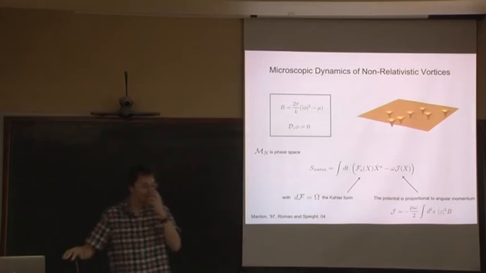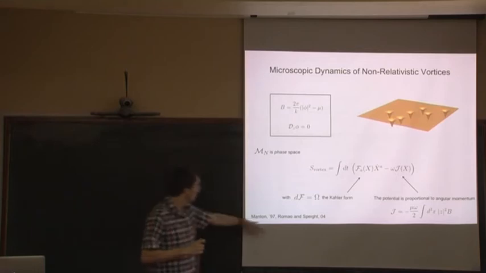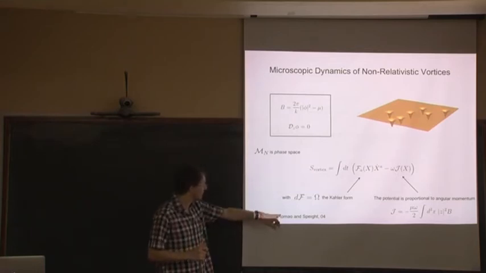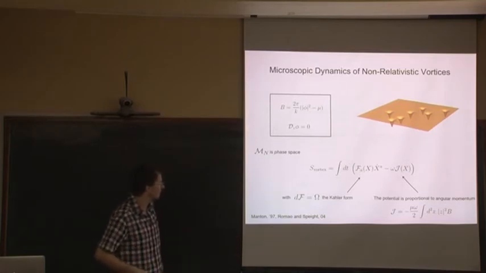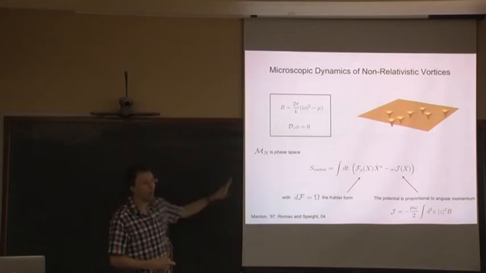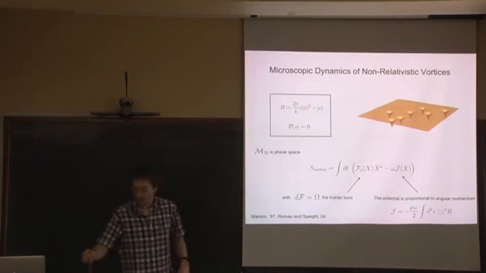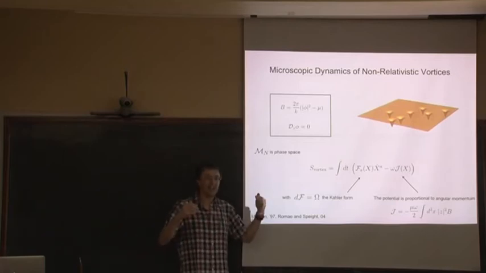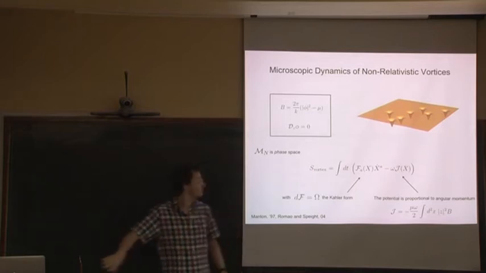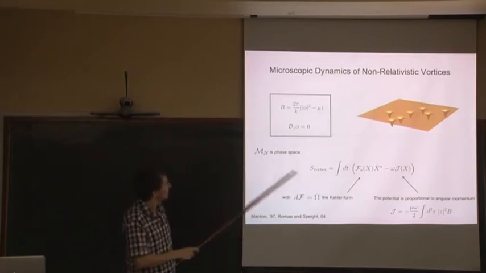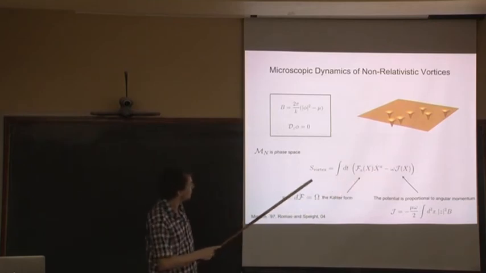We'll just write down the symplectic form, exactly. This was a problem which was studied by Nick Manton back in '97, and then in a little more detail by Nuno Romão and Martin Speight some years later. It wasn't quite the problem that I'm addressing here, but it's very closely related. And the answer is the following. It's a rather abstract answer, but the basic idea is that you have this moduli space M_n, and the coordinates X are the 2n coordinates that parameterize it. And the action that you're after is the following.